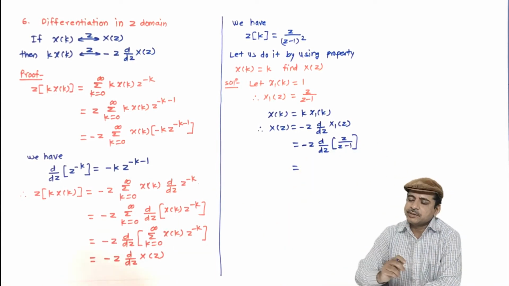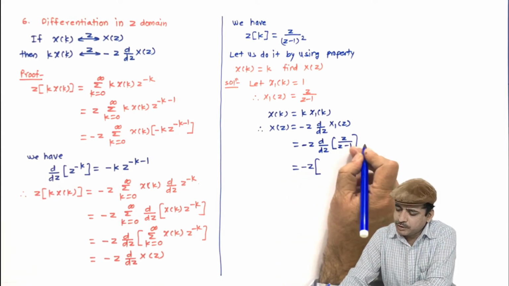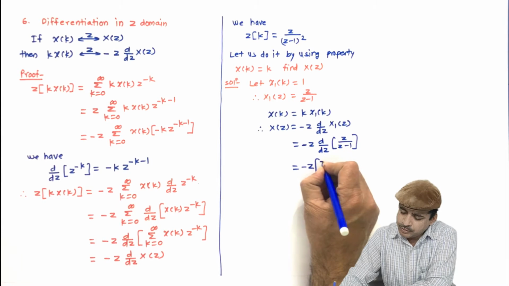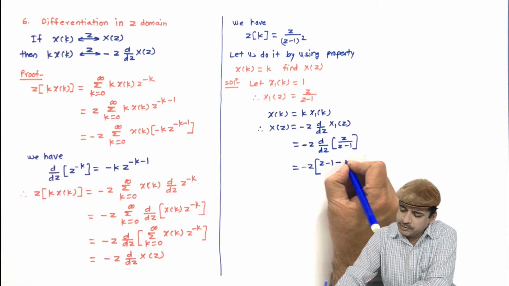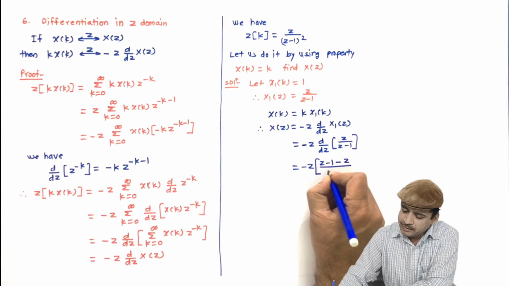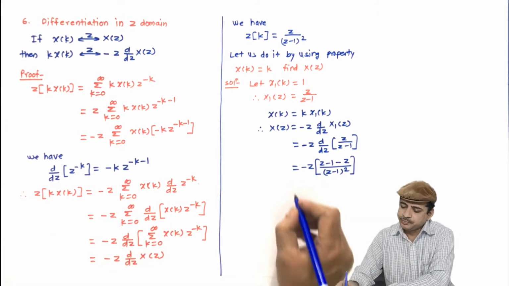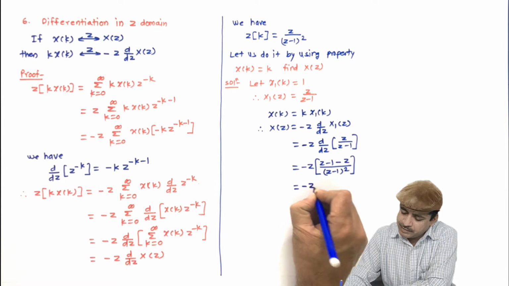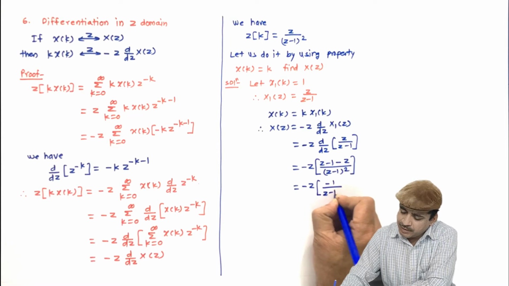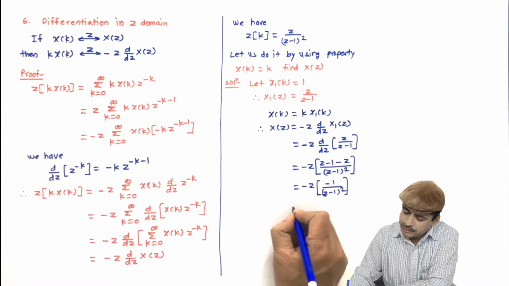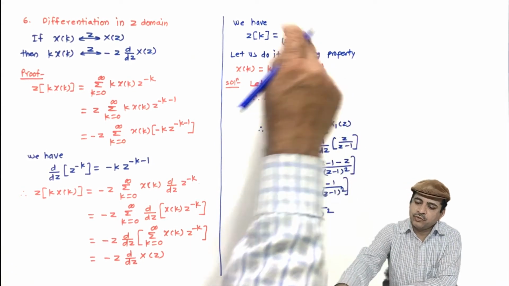Now let us find its derivative. So it will be minus z into, in brackets, z minus 1 into the derivative of z, which is 1, so z minus 1, minus z into the derivative of z minus 1, which is 1, divided by z minus 1 whole square. This is the u by v rule of derivative. And this is nothing but minus z into minus 1 upon z minus 1 whole square, and that is z upon z minus 1 whole square. The same we have got.